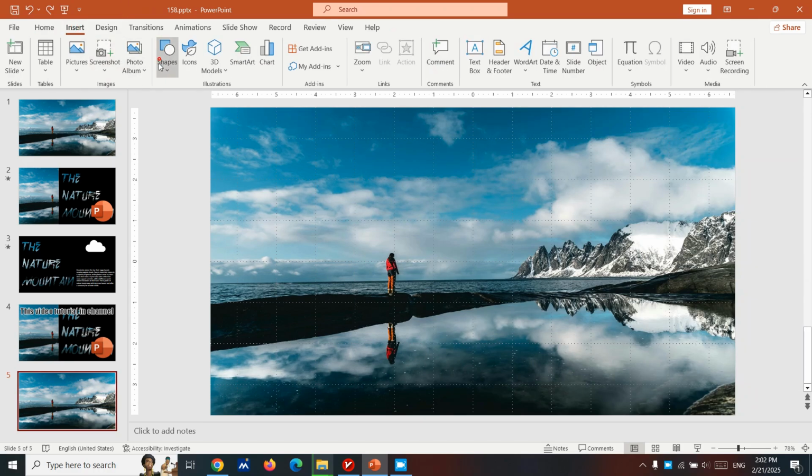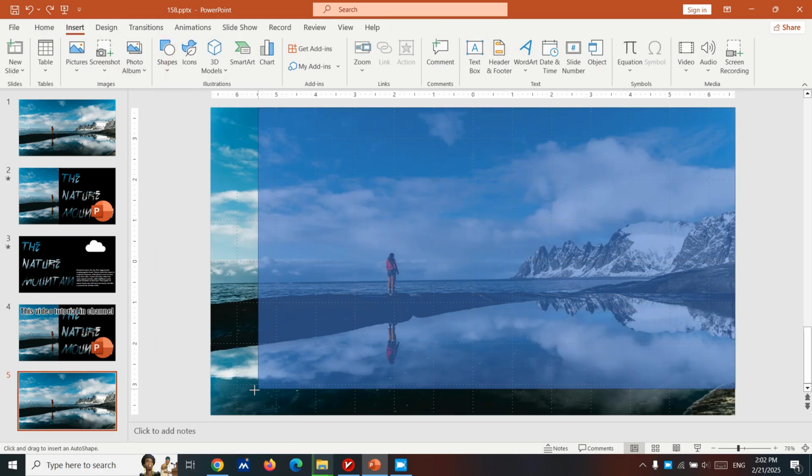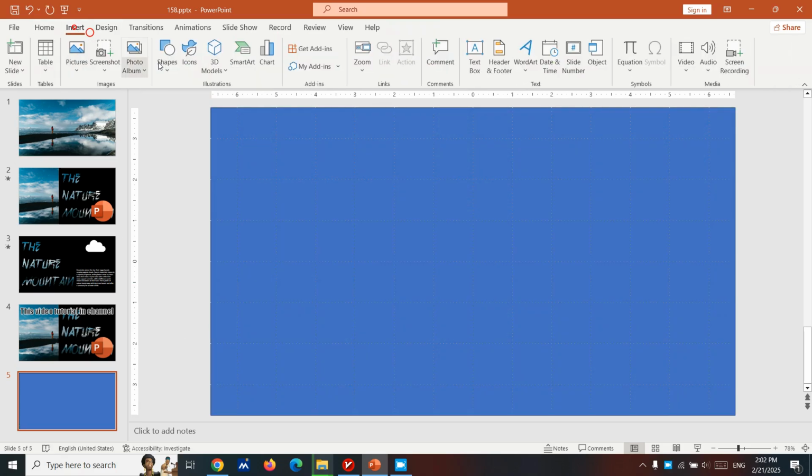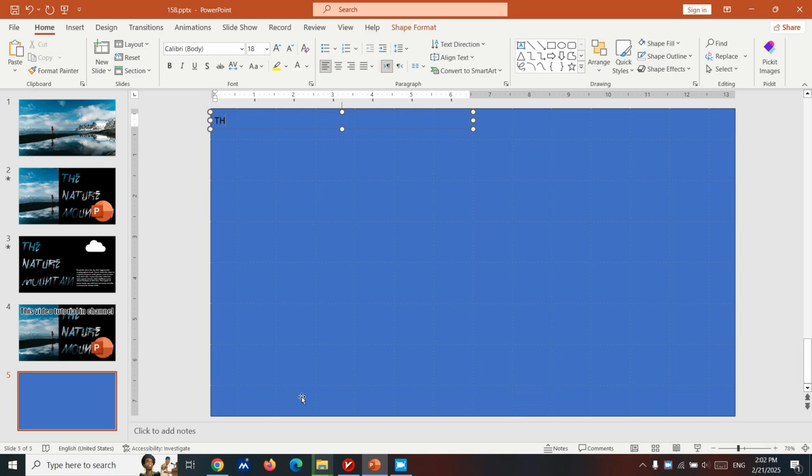How do we create it? It's really easy. We just need to add a rectangle and then we need to add our text. Let's say, for example, here we call it the nature